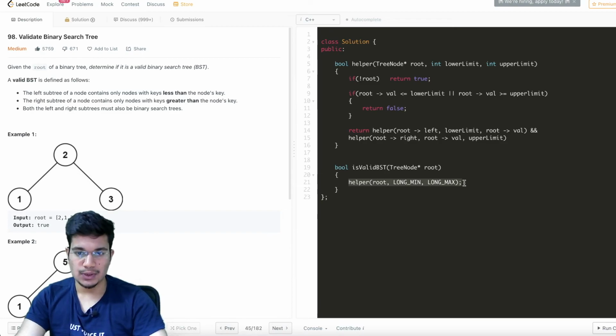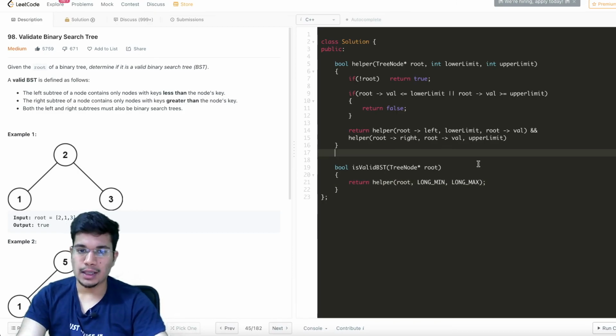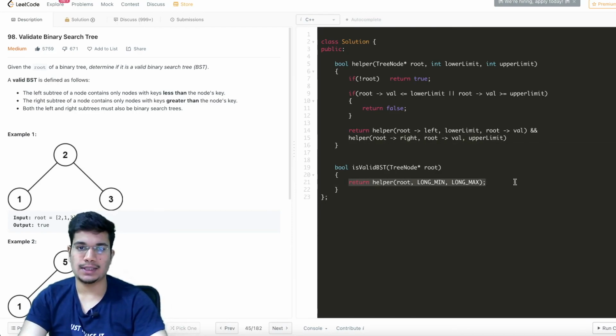And this function is going to return either true or false, depending on whether the tree is a valid BST or not. So I can also directly return whatever this function returns. So I'm just going to write this, and that's pretty much it. And I guess that's all we need to do for this one. This function will automatically return the answer, whether it's a BST or not.